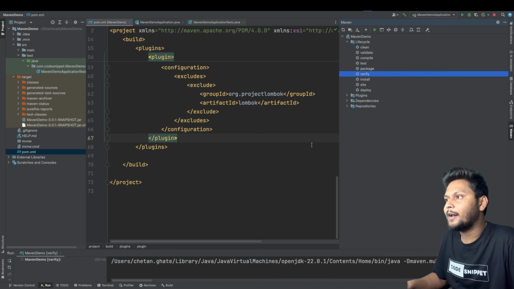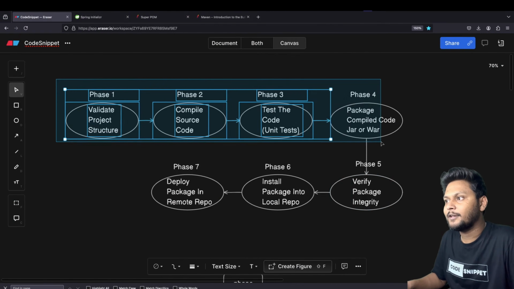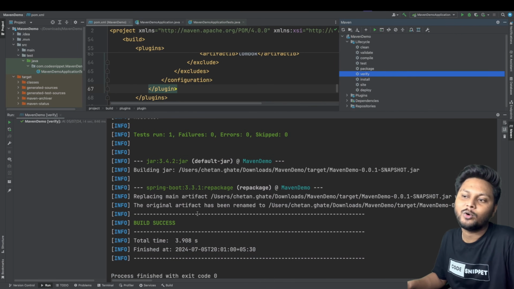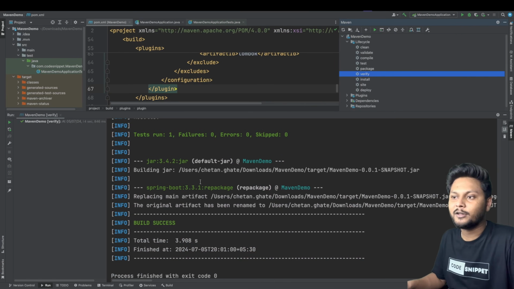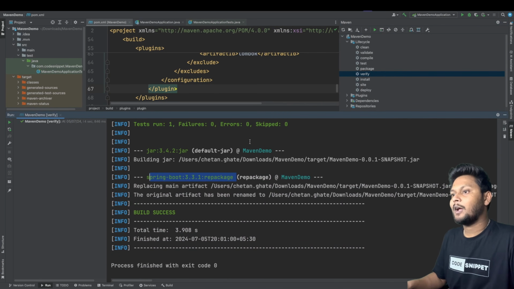So if I go ahead and add this verify here, nothing specific should happen. Rather it should run all the phases before this verify phase along with this verify, but verify will not do anything explicitly because we are not giving anything. So basically packaging only is happening over here, right? After that what we have